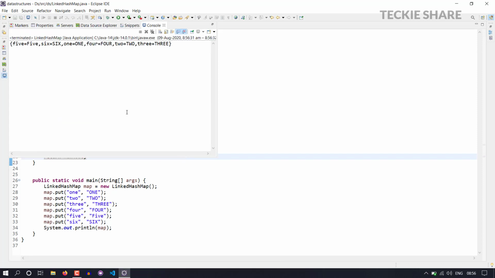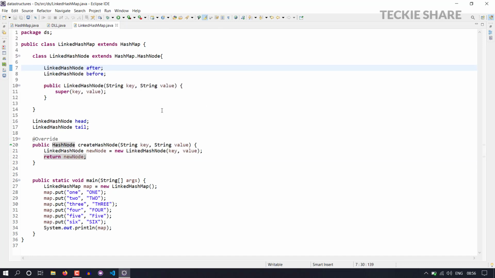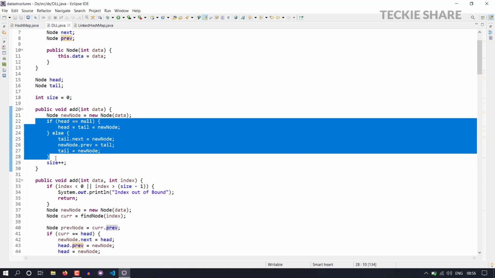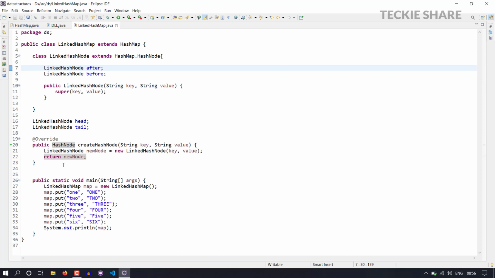Yeah, now we have successfully converted your key value into a linked hash node, but still the order is not yet maintained, right? So you have to maintain the order. Have you noticed, as of now you just converted your node into a linked hash node but have not yet integrated it with your doubly linked list. In your doubly linked list, after adding the data you have to make the link between your nodes using head and tail pointers.